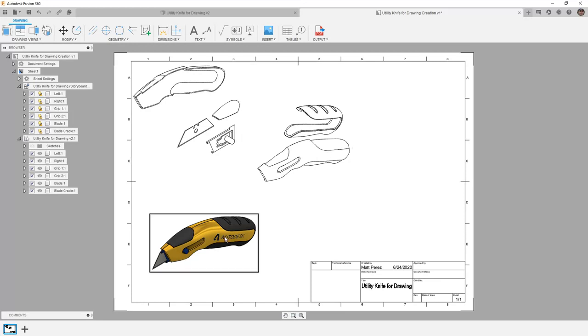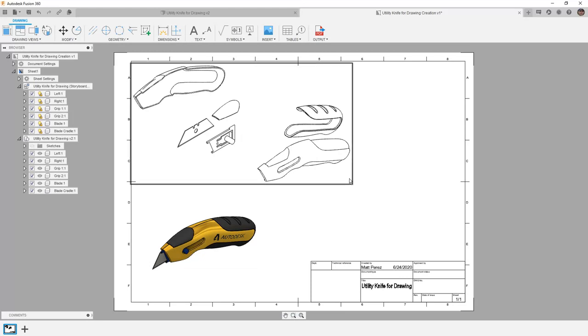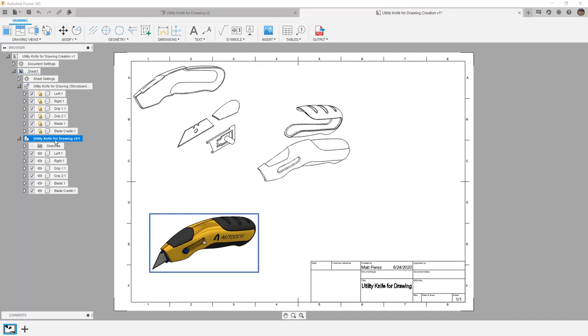shaded representation. From here, we now want to add a parts table, which will help us identify the components in this design. Note in the browser that we now have two views. We have our view from the storyboard and the one from the design. We can select either one since they're both the same as a reference for our parts table. In this case, I'll simply select the utility knife for drawing view that comes from the design, go to Tables